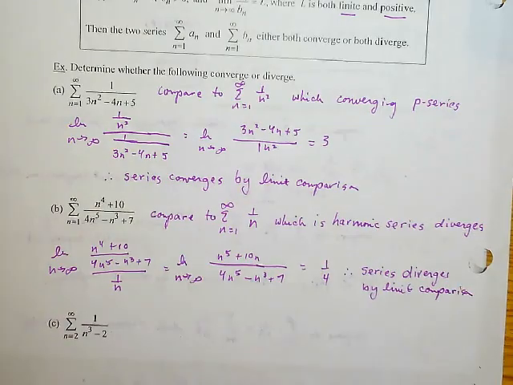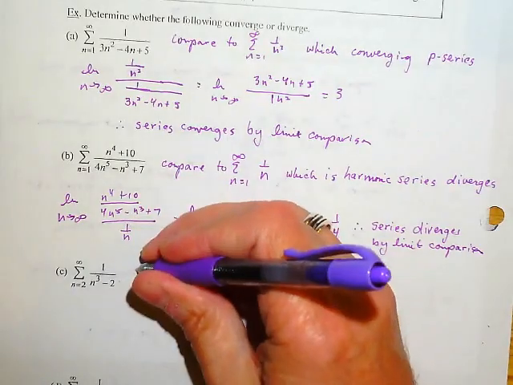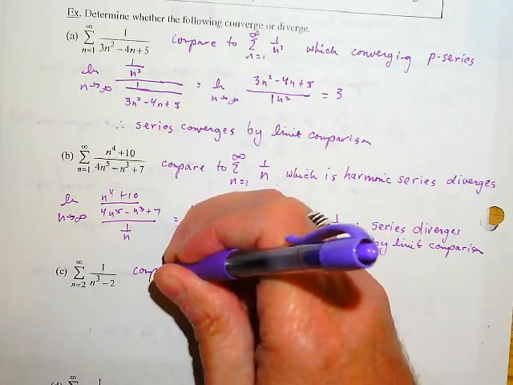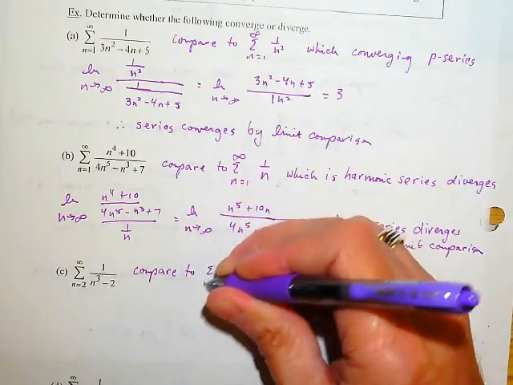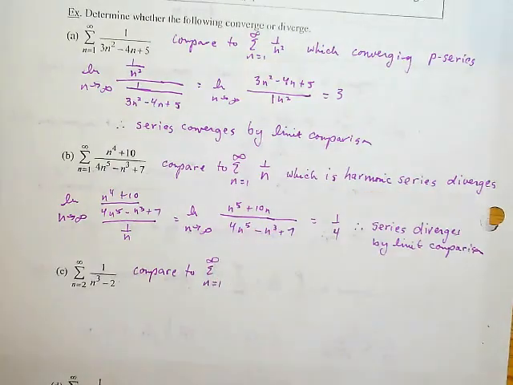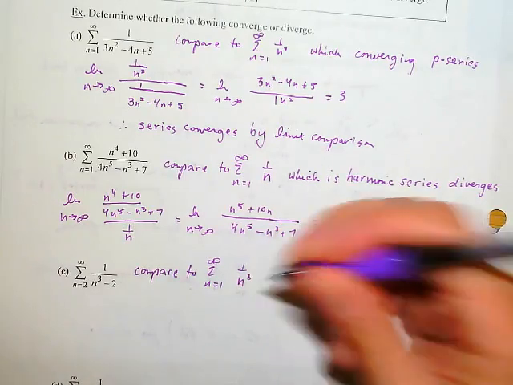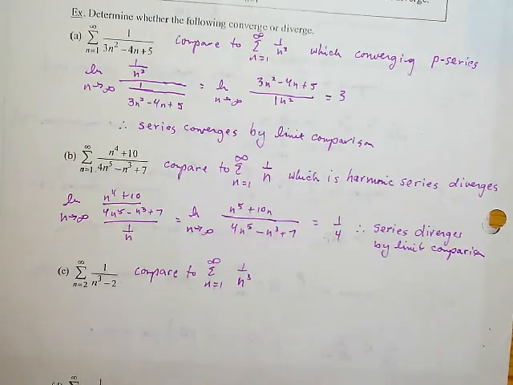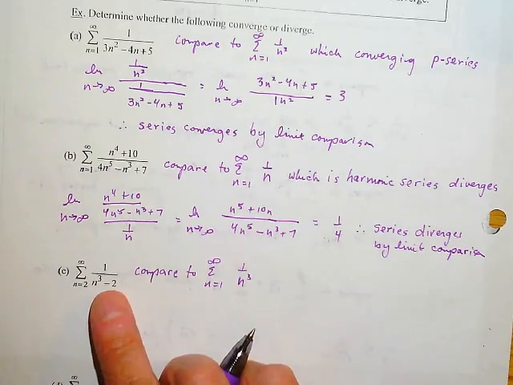Okay, how we doing? 1 over n to the third, what would you compare that to? I bet you're getting the hang now. I'm going to compare that to the sum n equals 1 to infinity of 1 over n to the third. Now, a good question that you might be thinking, are there other tests that we could use? Yes, I'm using the limit comparison now. Couldn't I use the direct comparison maybe? Maybe, but